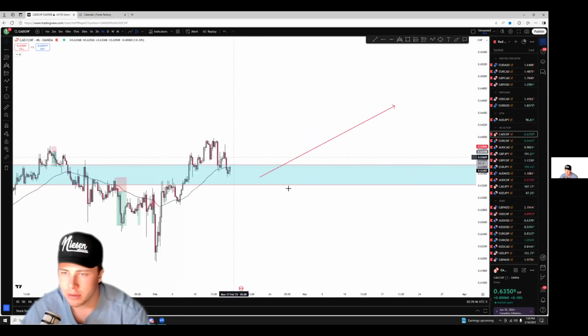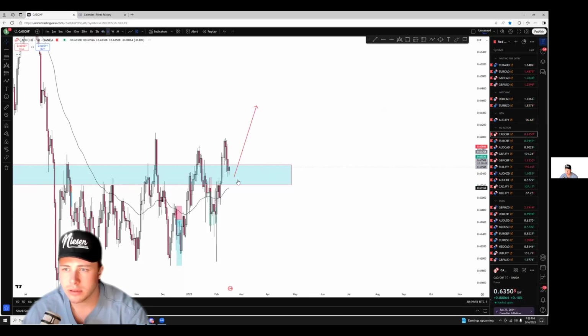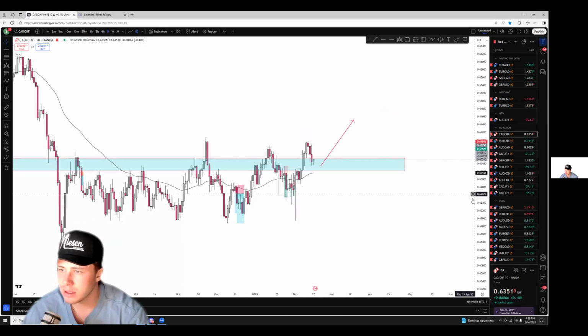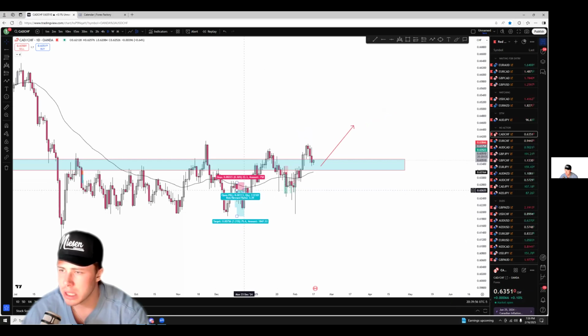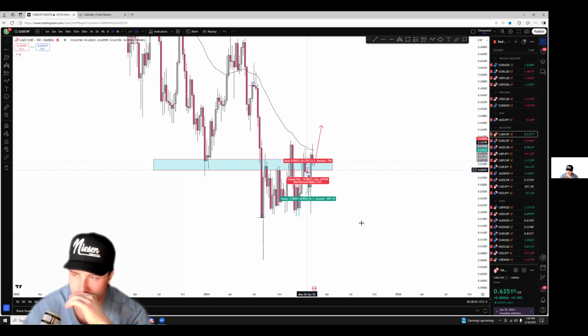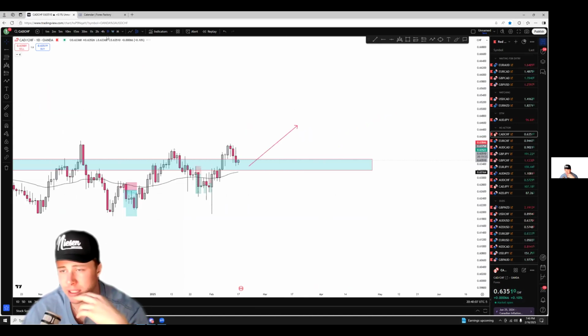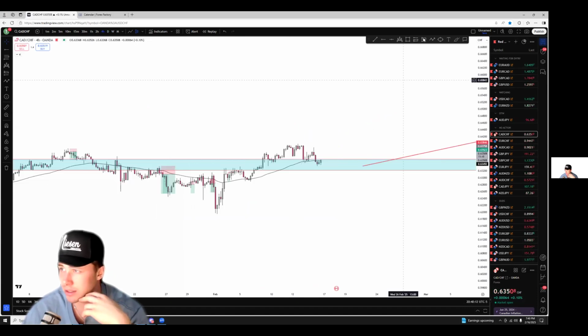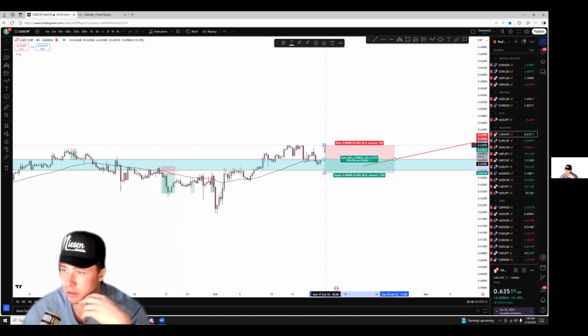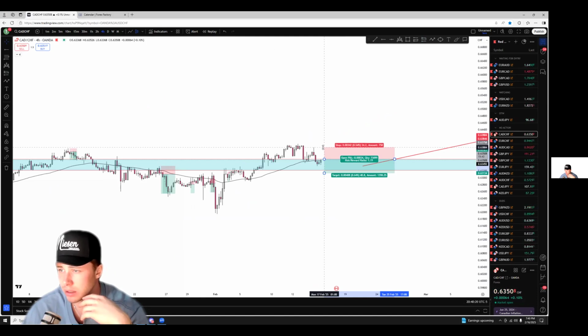What is the 4 hour telling us? To sell. Daily is telling us to buy, and weekly is telling us to sell. So the only thing that says buy is the daily. 4 hour is telling us to sell. So how would that look? Well, you can either go to the candlestick or go above the wick. And where would your take profit be? Well,